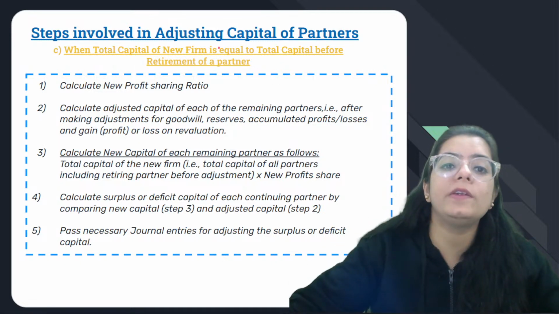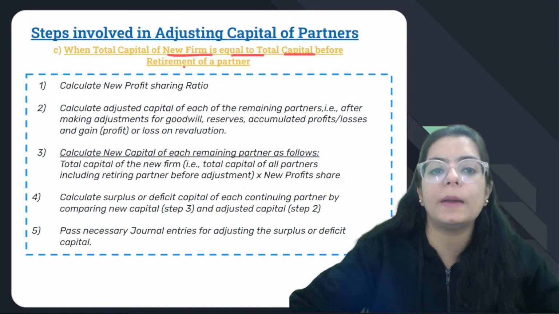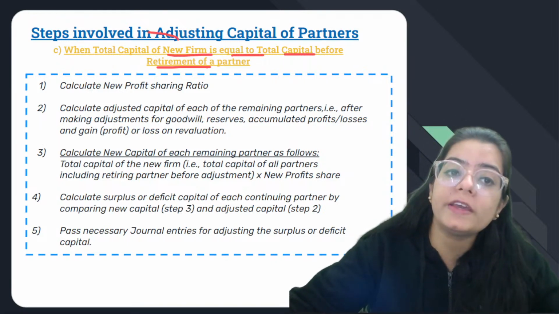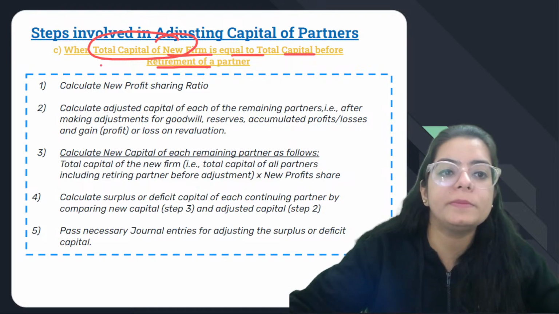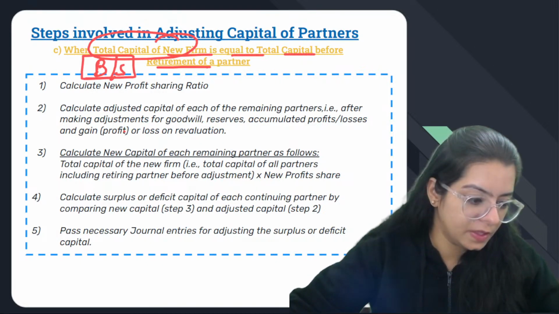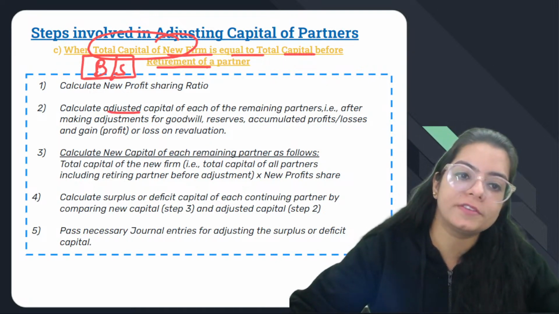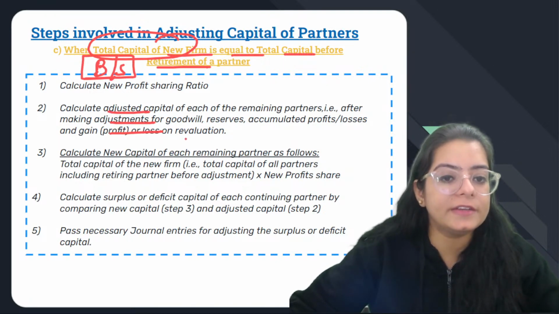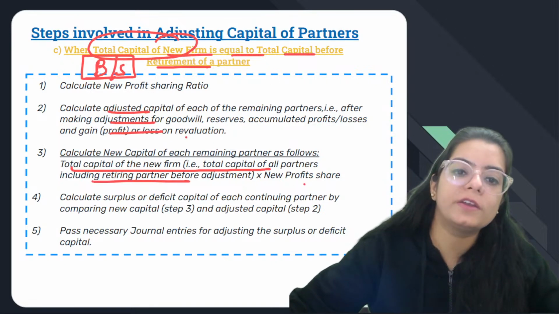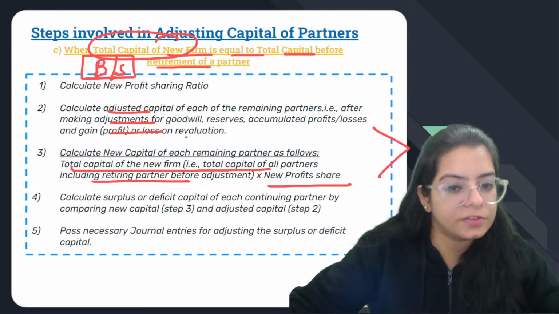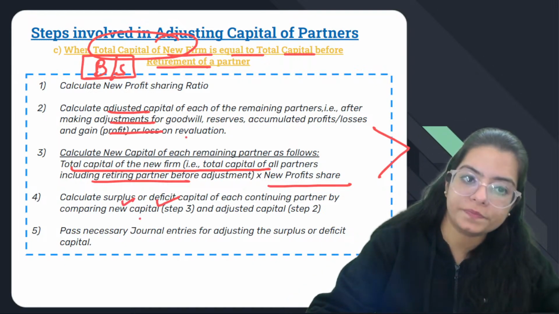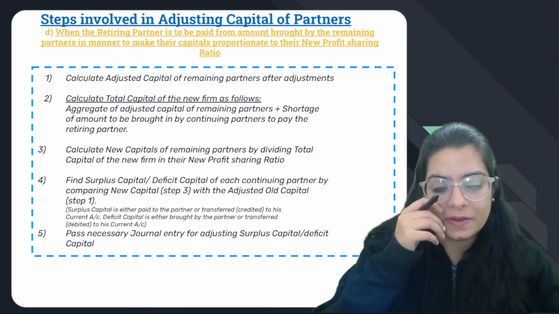अच्छा, केस नंबर 3, when total capital of new firm is equal to total capital before retirement. If the partners they want the old capital to be the new capital, old capital मतलब जो capital balance sheet में दी हुई है ना, उनको वही चाहिए अभी। तो अगेन आप क्या करोगे, आप एडजस्टेड कैपिटल निकालोगे, ठीक है जी। एडजस्टेड कैपिटल निकालने के बाद जो आपकी अभी वाली कैपिटल है उसको बांट दोगे न्यू रेशियो में, दोनों का कंपैरिजन करोगे, जो भी डेफिसिट सरप्लस है वो पार्टनर से कवर करा लोगे।